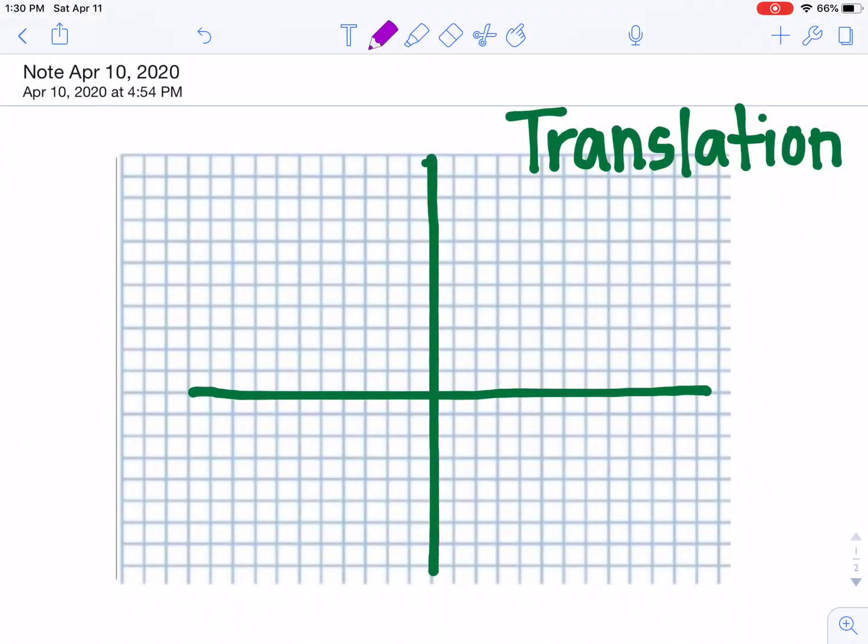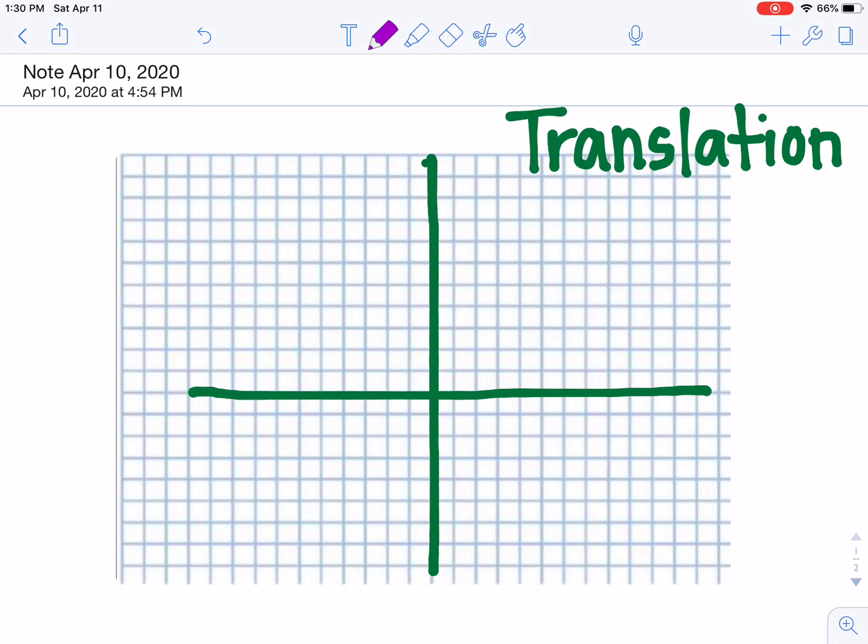Hey guys, I am just going to show you another lesson today. I know I showed you what a translation was on Seesaw. I want to show you one more on this today because you do need to do a translation on Monday